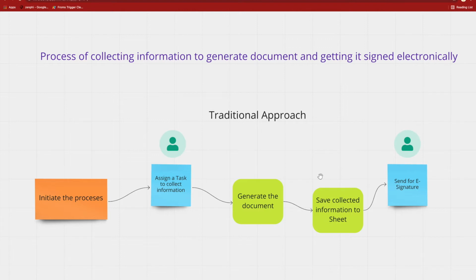For example, as part of your onboarding process, you want to collect some information from a candidate and generate an offer letter and then send it to the candidate to sign. Or you may be getting or generating a contract, and as part of it, you may want to collect some information from the parties involved in the contract and then generate a document for them to sign. So that means people involved will be